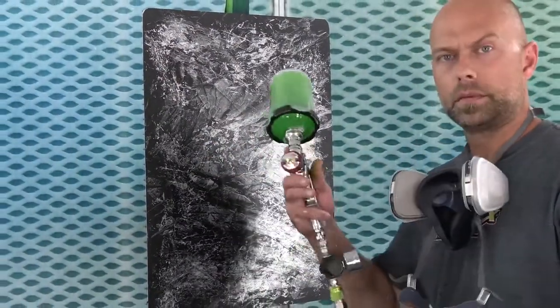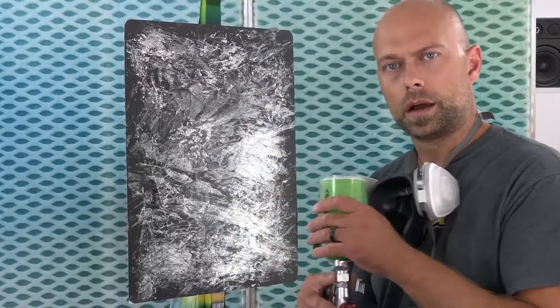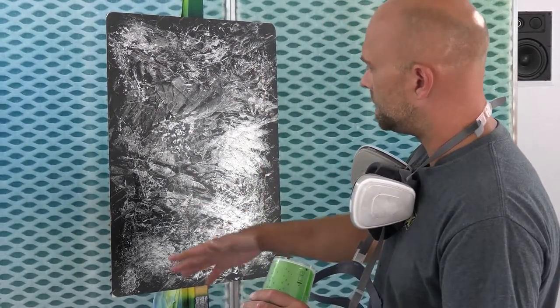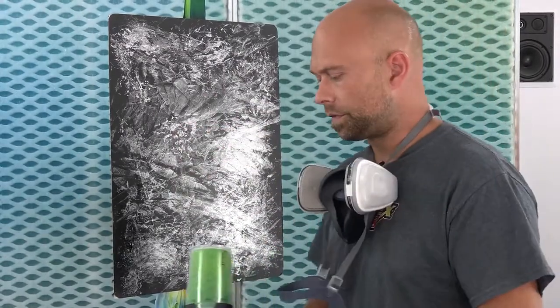And now I have some candy mixed. I'm going to do a teal and electric green fade. So this is our poison green, and I'll put a couple coats of that down, and then I'll do some candy teal from the bottom up into the middle of this panel. It's going to give it a really cool effect. So this is mixed